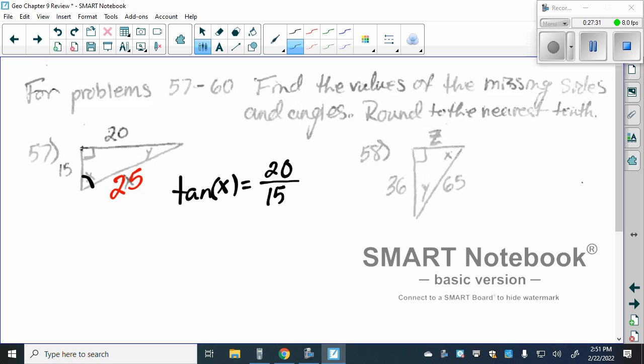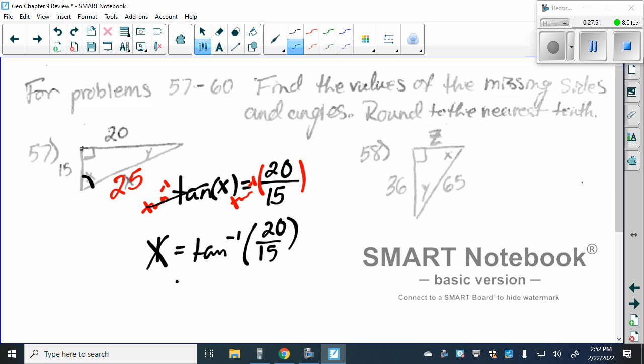The adjacent side is 15. At this point here, we can use our tangent inverse of both sides. These here will cancel, telling us that x is equal to tangent inverse of 20 over 15. And at this point here, we just need to type this into the calculator,